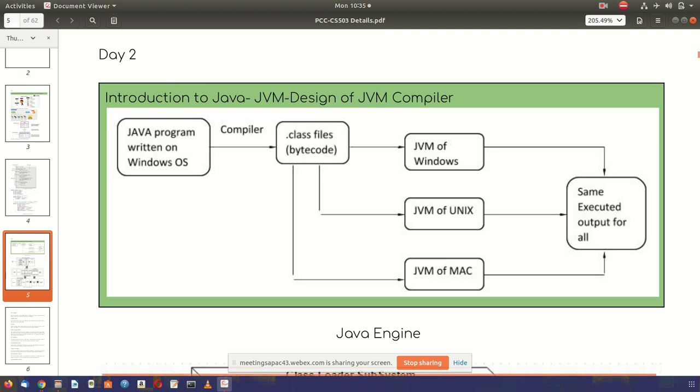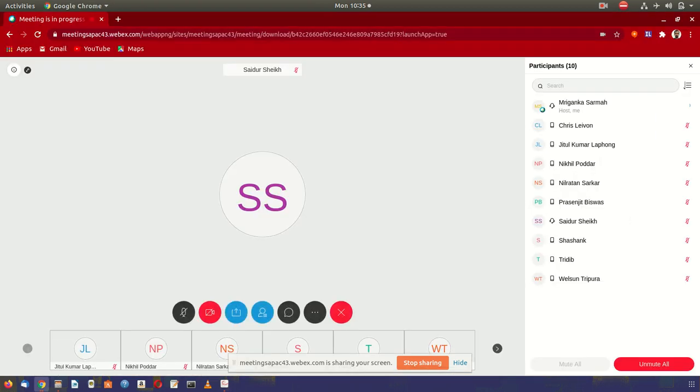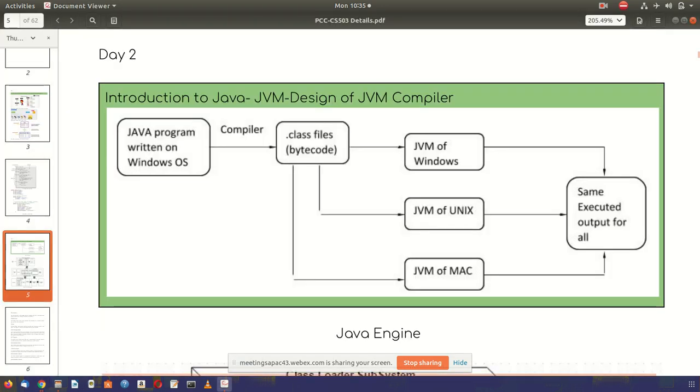JVM stands for Java Virtual Machine. Now, virtual drive, you must have installed somewhere. You must have installed these things, virtual operating system and this and that. So what does virtual mean? You must have heard the terminology virtual reality. Virtual reality means, for example, Apple phones provide virtual reality, or you must have seen some 3D movie. Jungle Book is a 3D movie.